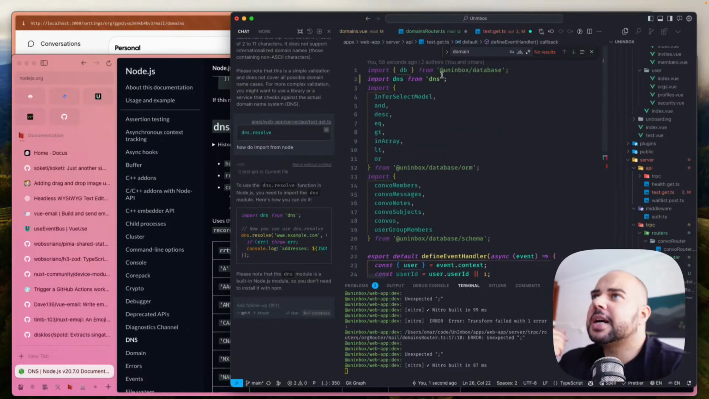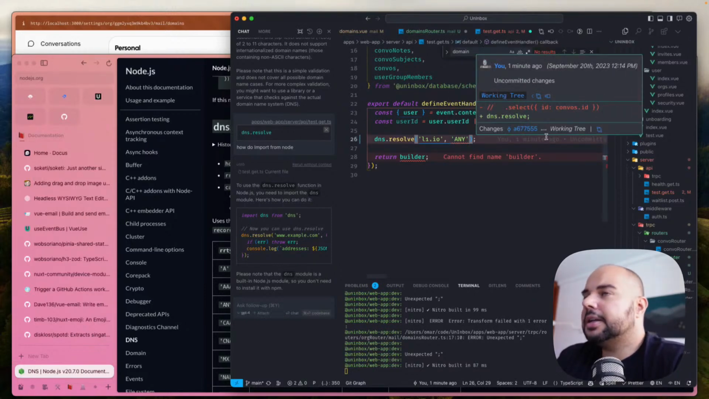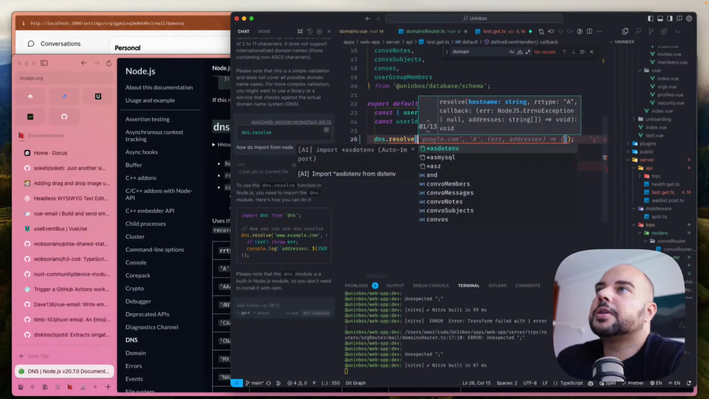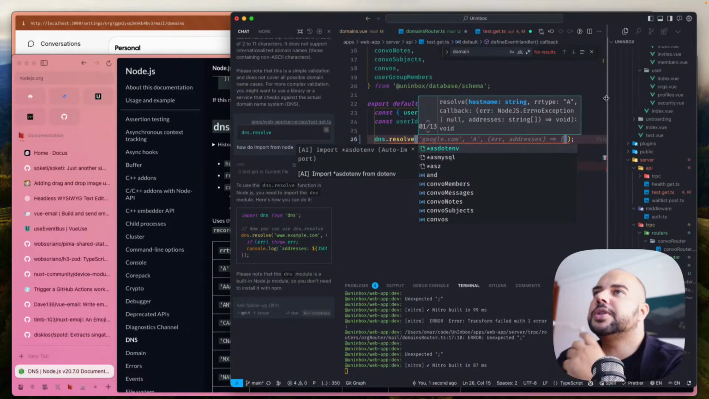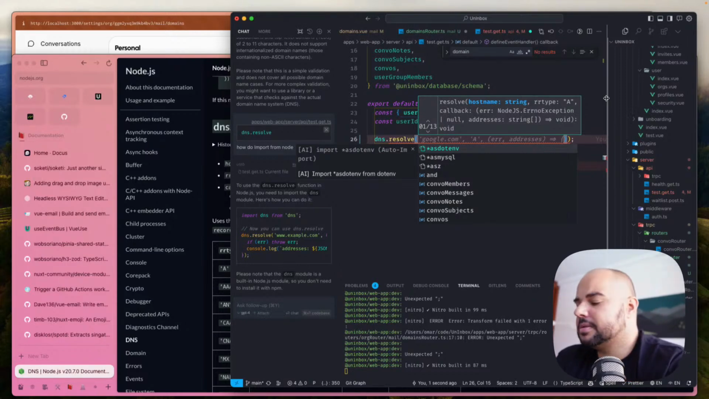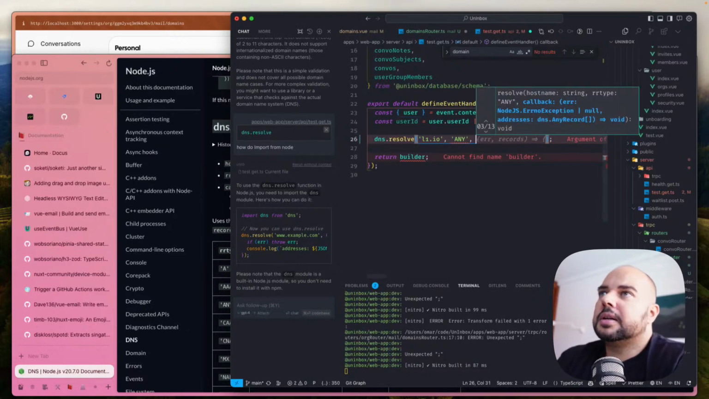Import DNS from no DNS. Yeah, I think it just imported it from here. So it seems like this DNS is referencing the standard DNS. I think that's okay. Okay, this guy is not happy. What is the correct way to do this? So it needs hostname string, RRR type, A. Okay. So it's just simply